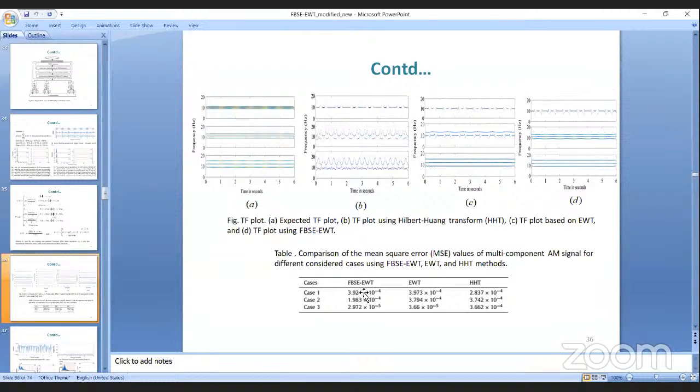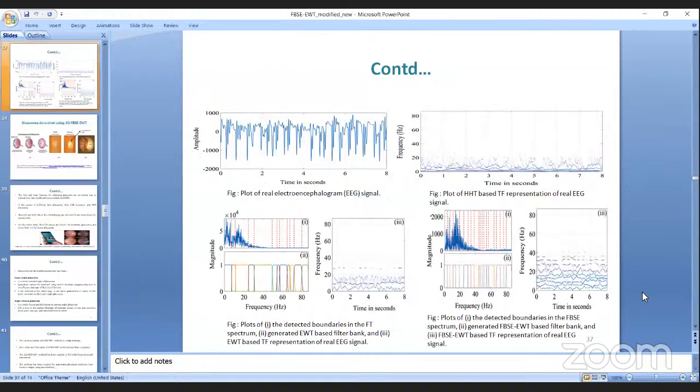And then you compare this mean square error for case 1, case 2, case 3, between the time frequency representation, the FBSE DWT method, EWT and HHT method. And for the FBSE EWT method, in case 2 and case 3, it provides less mean square error. So it is justified that this proposed method gives better detection of the frequency component in the time frequency domain. And after that, we have considered